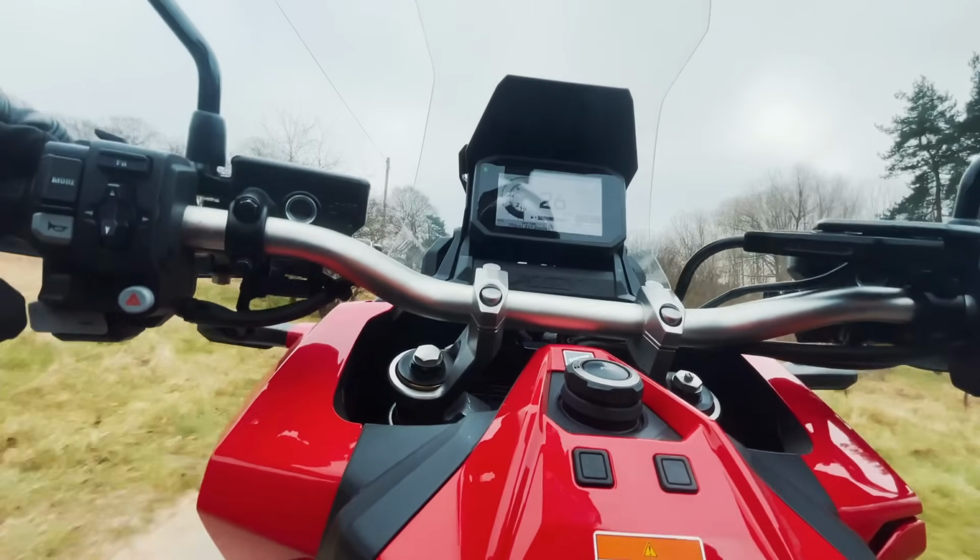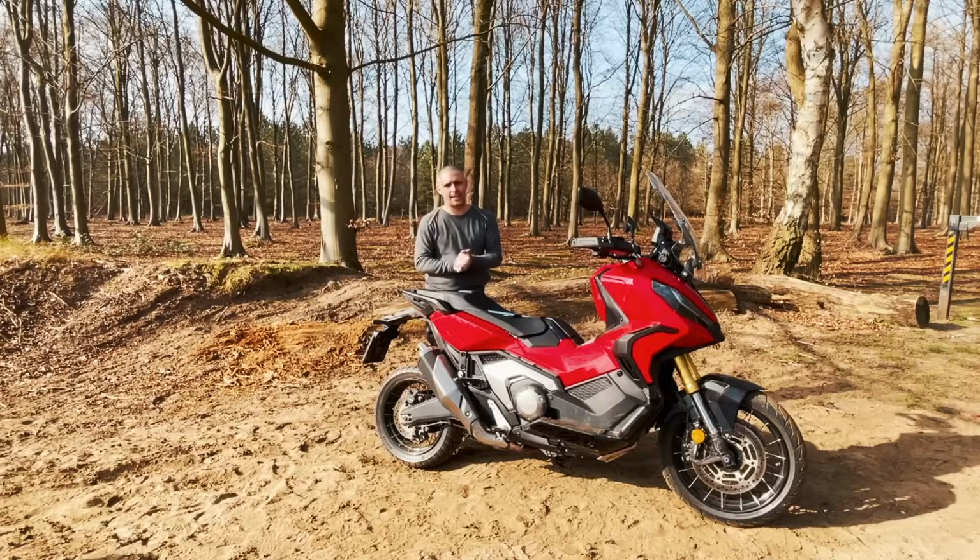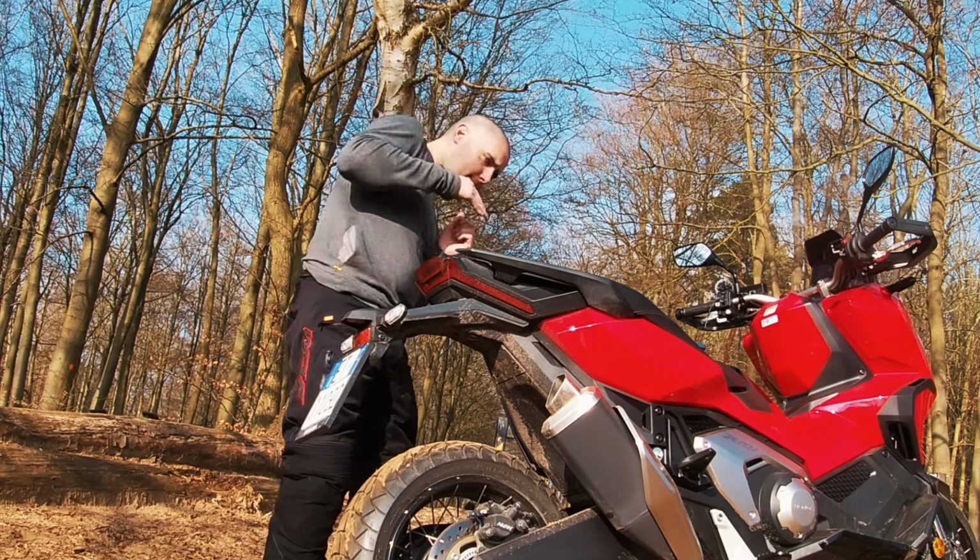So there we go, the £10,849 Honda X-ADV. It is really in a bit of a class of one at the moment. There isn't really anything else like it on the market, and I'm not sure that there ever will be. I do think that we don't quite understand